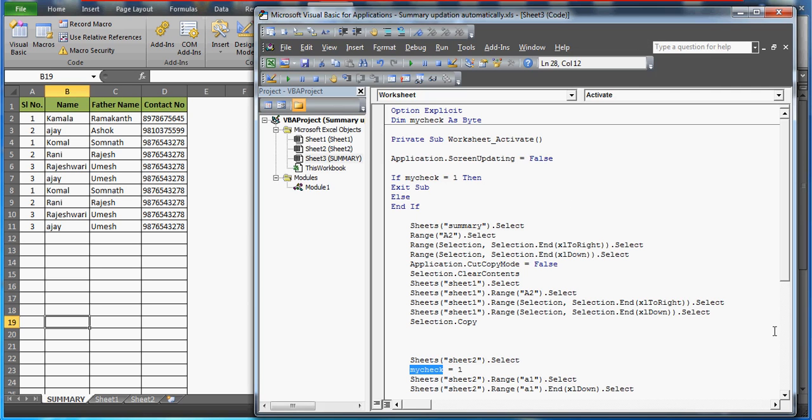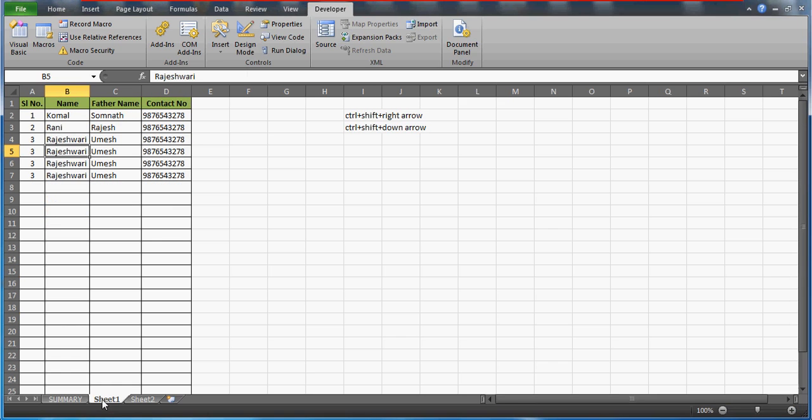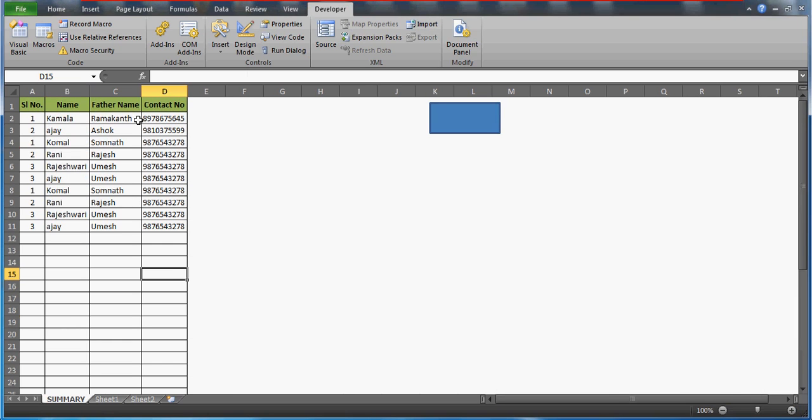And one more thing, very important thing. When you have the message box, then you need to declare this variable again empty, because your macro is over then. Otherwise, the next time it will still have the same value, which is going to give you the wrong results. Okay, so let's click back here and